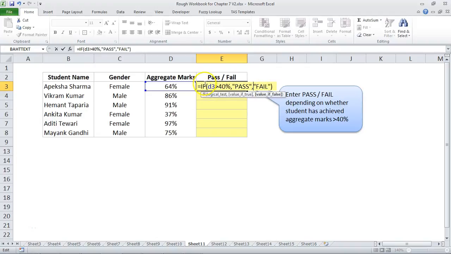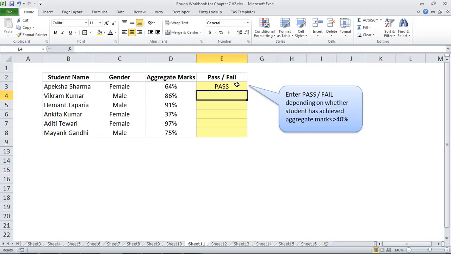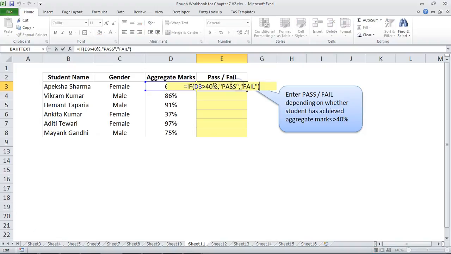Now let's look at this formula for a minute. We have the IF statement followed by the first argument, which is the condition to be tested. The second argument is the output in case the condition is true, and the third argument is the output in case the condition is false. And if you press enter, you can see that the output is pass